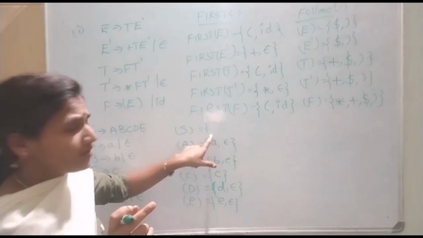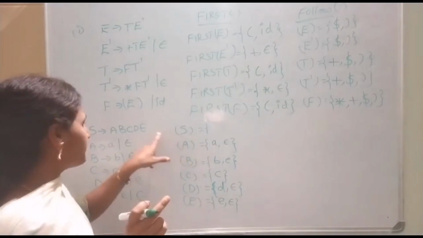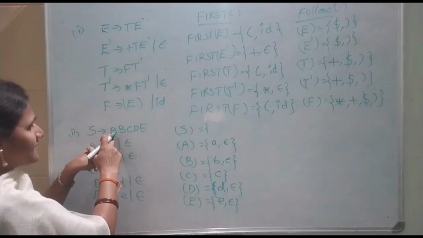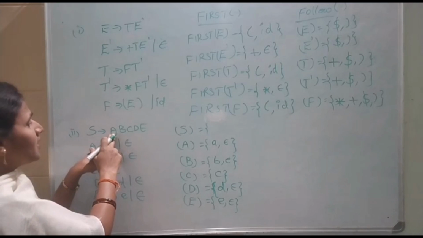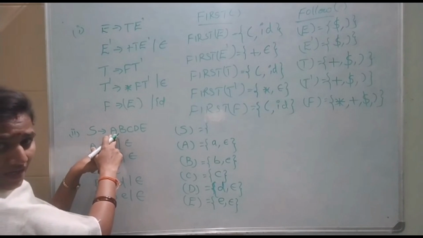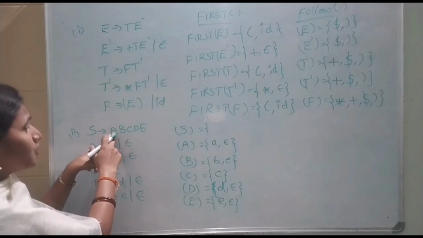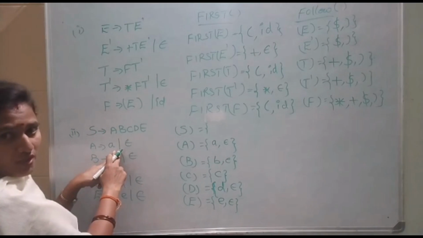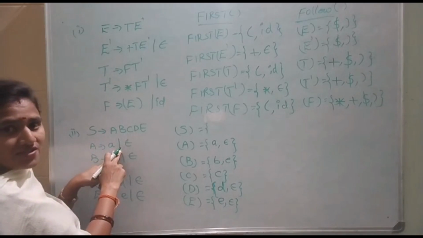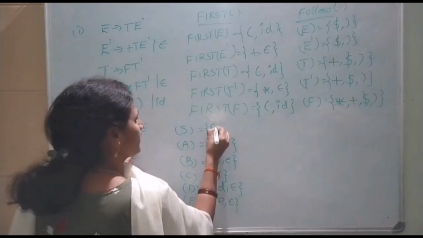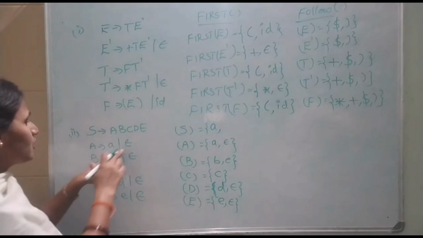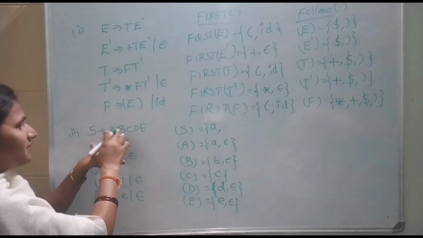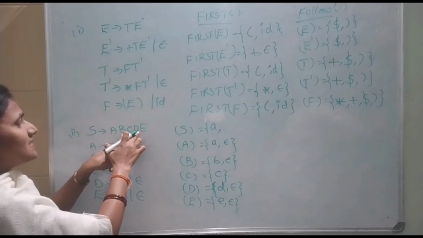Okay, so here for the first one, if you want to find out the first of S, you go for this. So what is first? S contains capital B, right? So whether A is a non-terminal or terminal, it is a non-terminal. For the computation of first of S, you are going to replace A by its corresponding productions. So what are the A productions here? A and epsilon. Then, if I am going to replace A by epsilon, what is the immediate start symbol of the RHS for this? B, C, D, E.